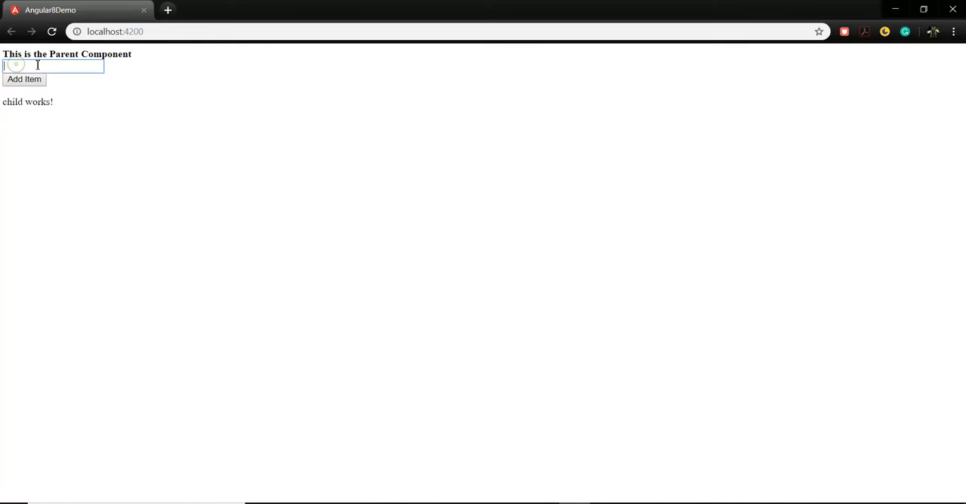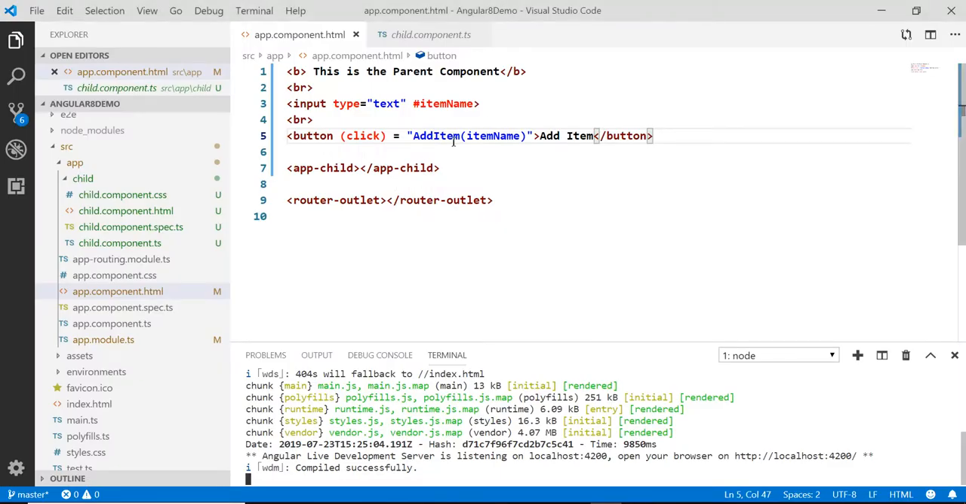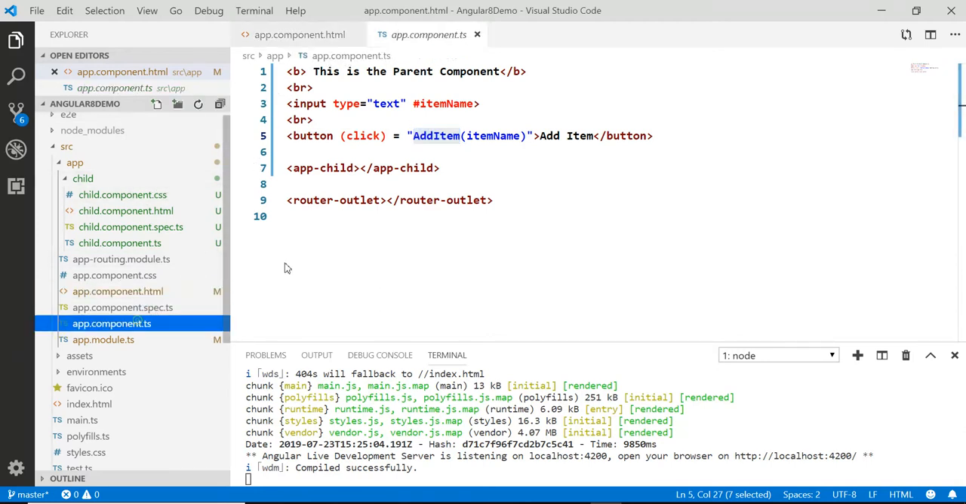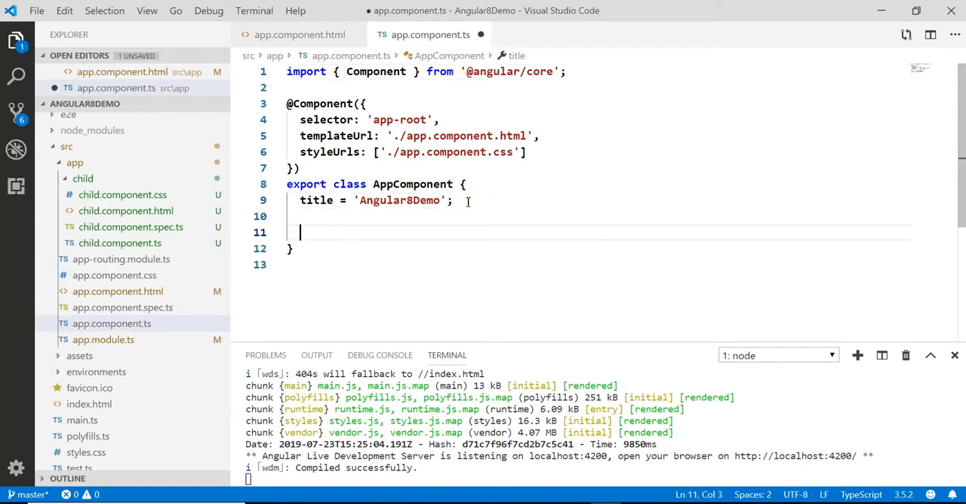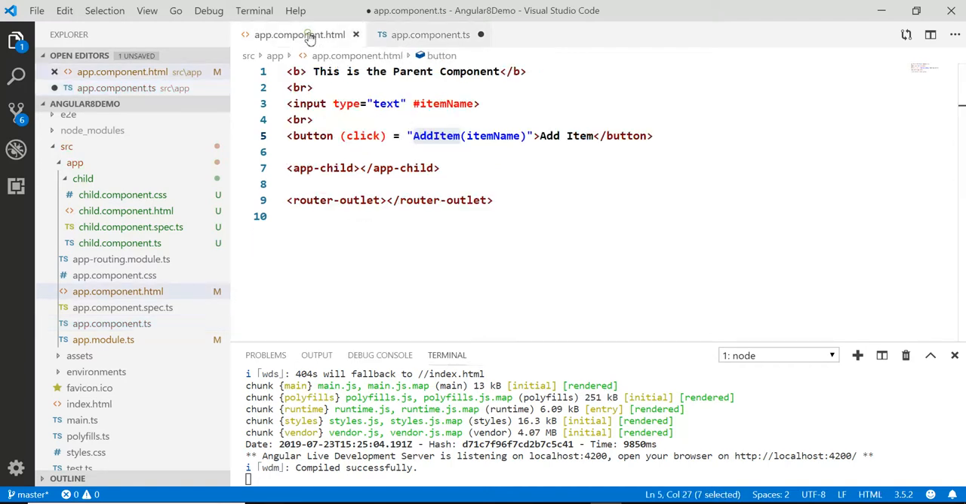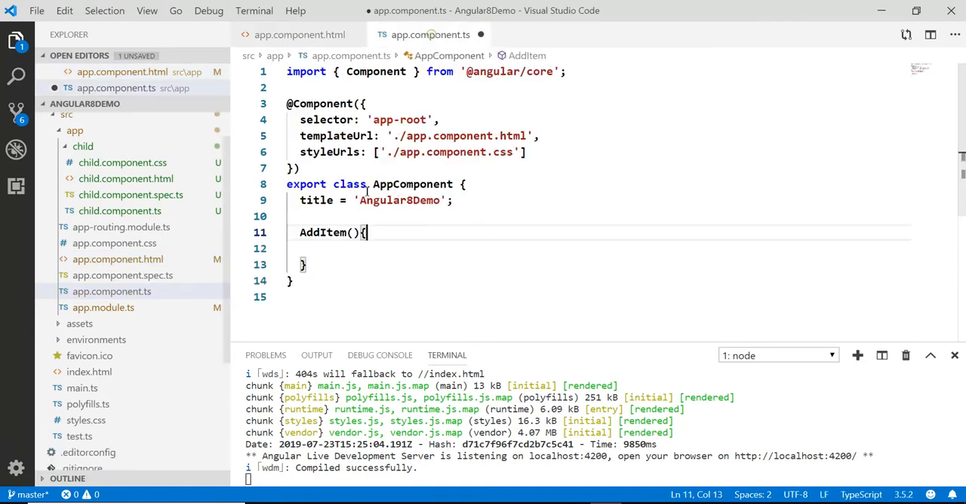See, this is the parent component. I have added one text and one item. Now this method I'm going to call in app.component.ts, and there will be a parameter. Here you can see in the HTML, I am not passing the value. This one is the reference variable, so I am not passing the value, I am passing the reference variable. So here I will call the item name, and then